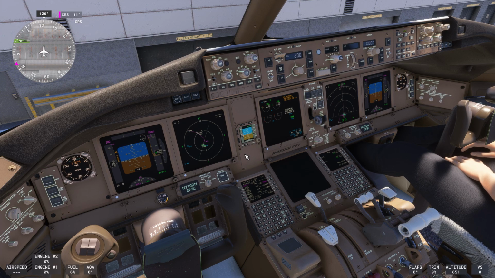So there you go, ladies and gentlemen. That's how to manually put a route into the computer of your aircraft. This can be done on any aircraft. This can be done on the default aircraft that are available in the game, as well as your payware and add-on aircraft as well. And when it comes to the payware and add-on aircraft, this is kind of a must,